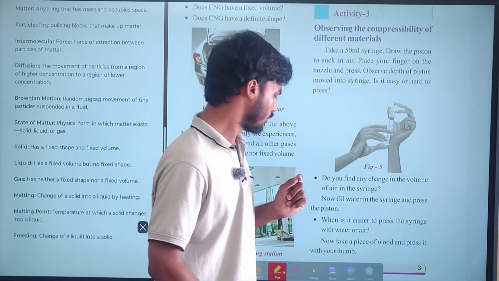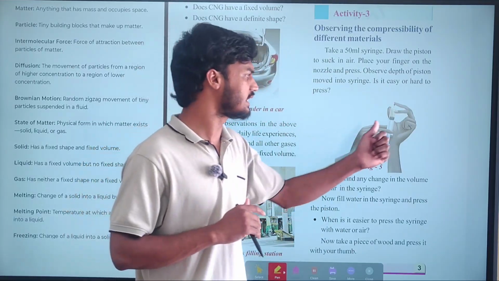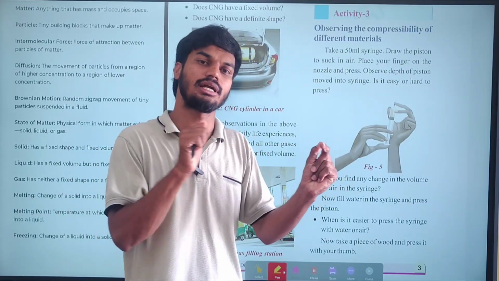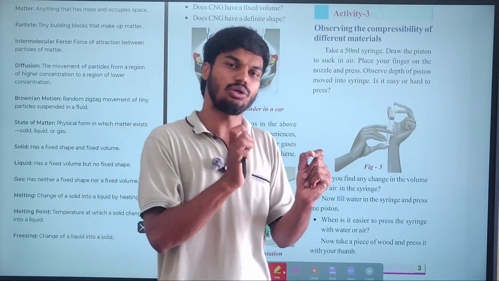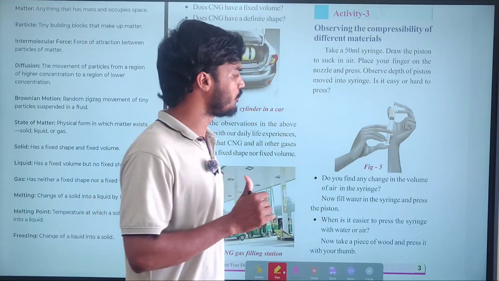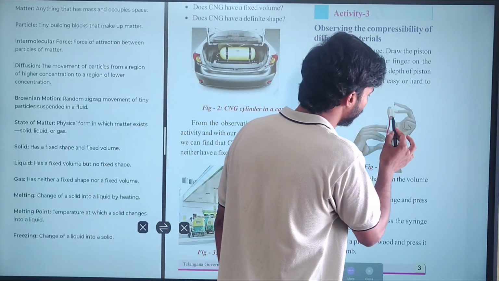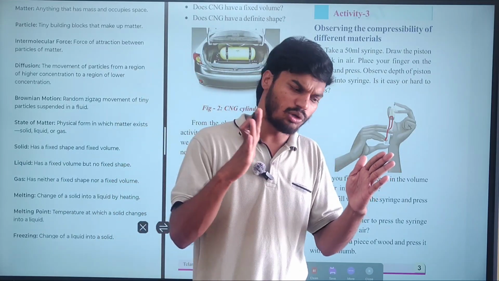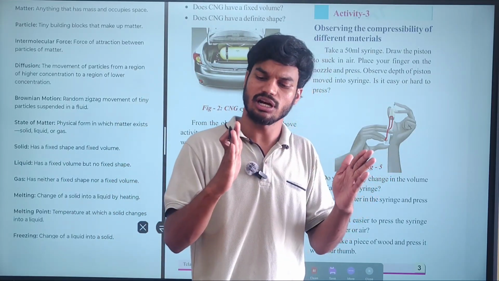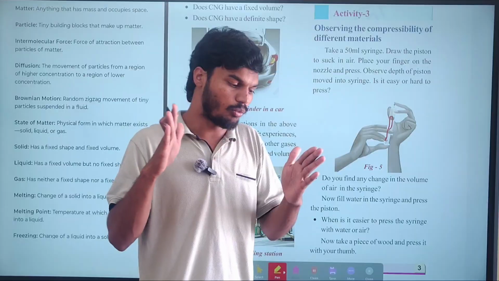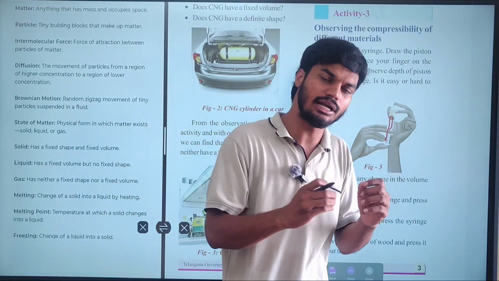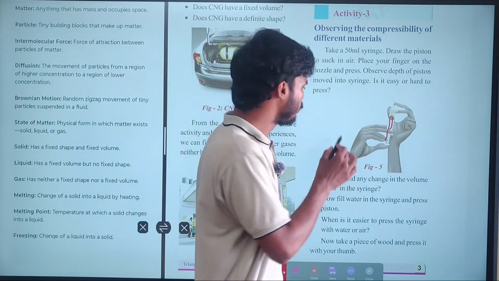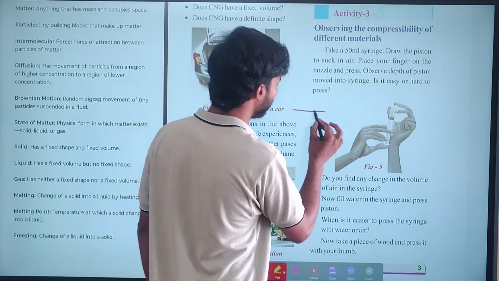Close the nozzle of the syringe as shown in the figure, and try to push the piston inside the syringe. While you're pushing, you can observe that the piston starts moving freely, but then it moves hardly. While the piston is moving inside, you can feel that it moves very hardly. From this experiment we can say that,